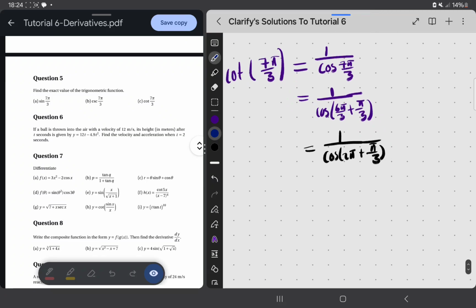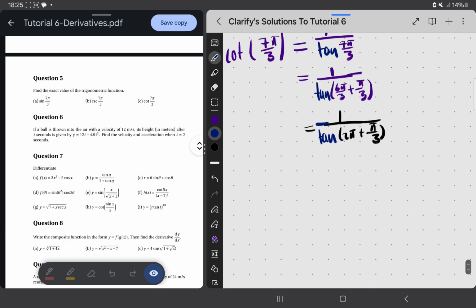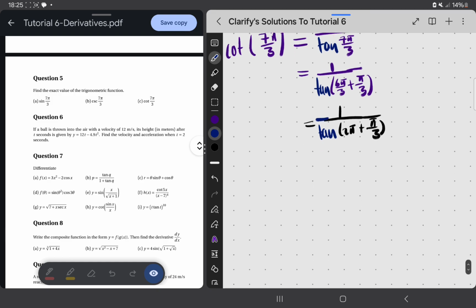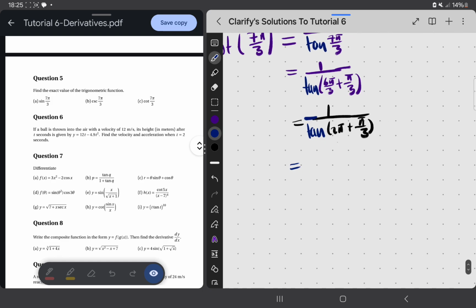It's not 1 over cos, it's 1 over tan, I'm sorry. Why am I making that mistake? Cot is 1 over tan. So now we have changed it to what it also means. It means 1 over tan. So now we can say, what is this going to be? We have to expand this tan, right? So it's going to be 1 all over